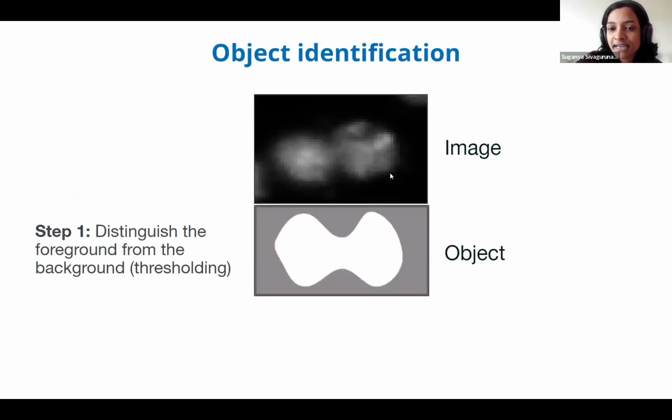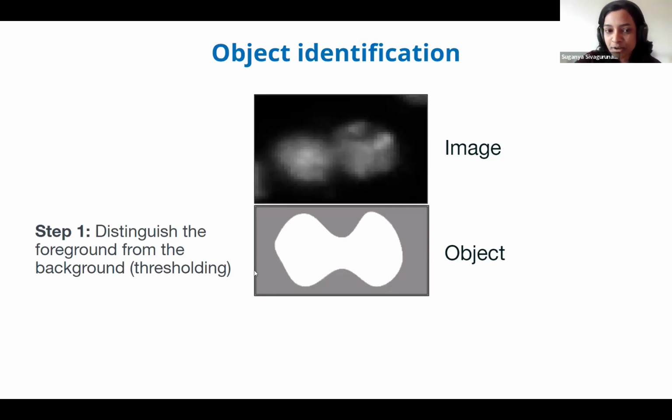I keep mentioning identifying objects, and I didn't even give a proper introduction of what object identification is. Let's see what it is. We know microscopy images contain a lot of information. For example, in this image here, we care only about the blobs that are present and not about the background pixels. We know what we care about, but we would like to instruct CellProfiler to make it understand what we really care about. The process of instructing CellProfiler on what is background and what is foreground pixel is done by